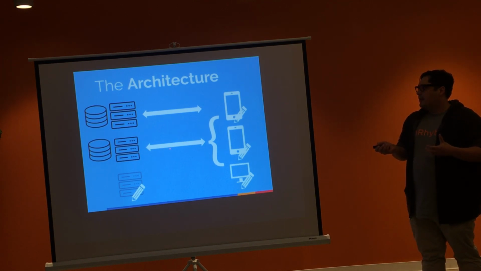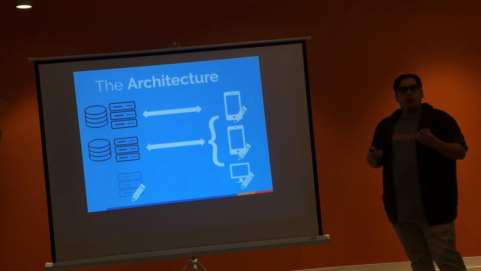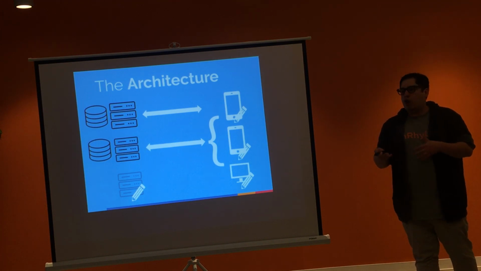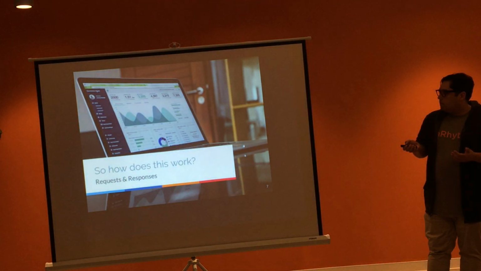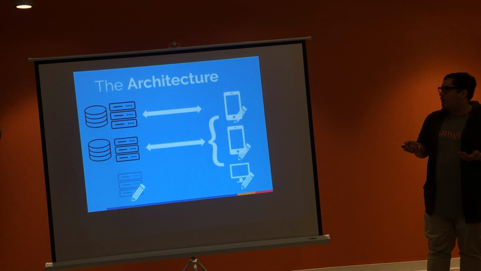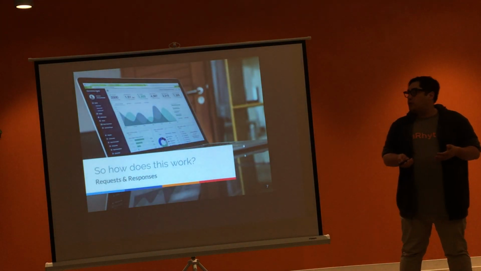So considering how we were passing information from either a phone or a computer to the server and back again was something that they wanted me to look at and figure out what the best solution for that was going to be. So how does that look? Going back to here, we have arrows going back and forth. We have the conversation between the phone and the server. What's going on